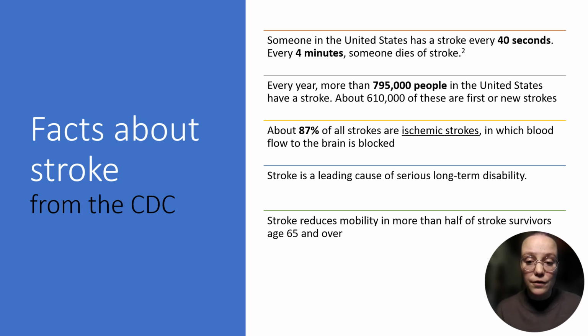We're still trying to figure out what's causing this change, because in past years, we've always thought about stroke and aphasia being a disorder that affects older adults, and that's just not true anymore. So what we're thinking about now is that people can live with aphasia for upwards of 30 to 40 years. And so we really, as people who study aphasia or treat aphasia, we need to take into account that we are going to